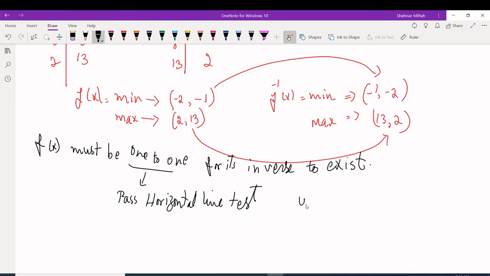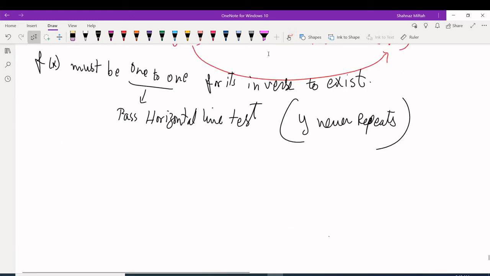Like, for example, y never repeats. If you have ordered pairs, you can see y never repeats. So it's a 1-to-1 function. Okay, so I was explaining that if f of x must be a 1-to-1 function, it is supposed to pass